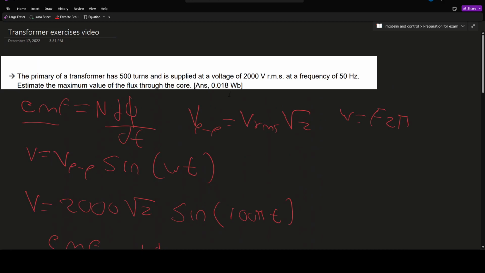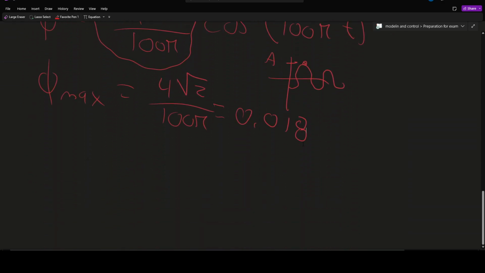Let me see if we got it. Yeah, Weber. Now this is Weber because we are talking about flux. Okay. Now for the next exercise,